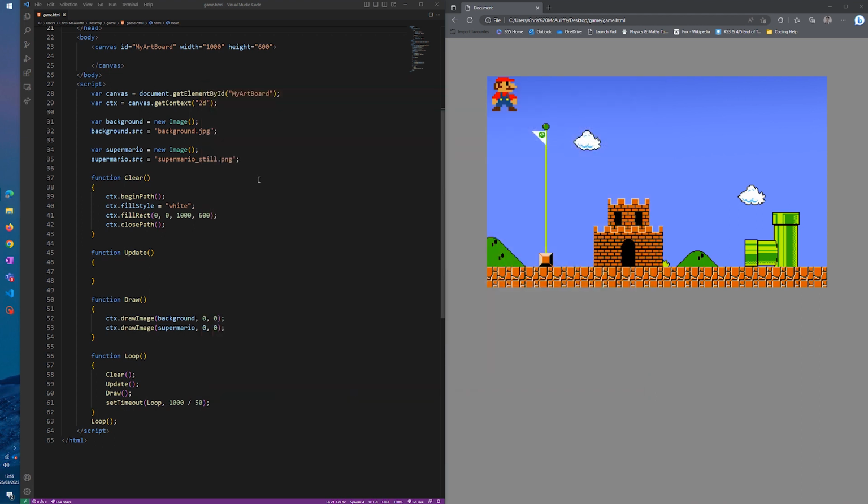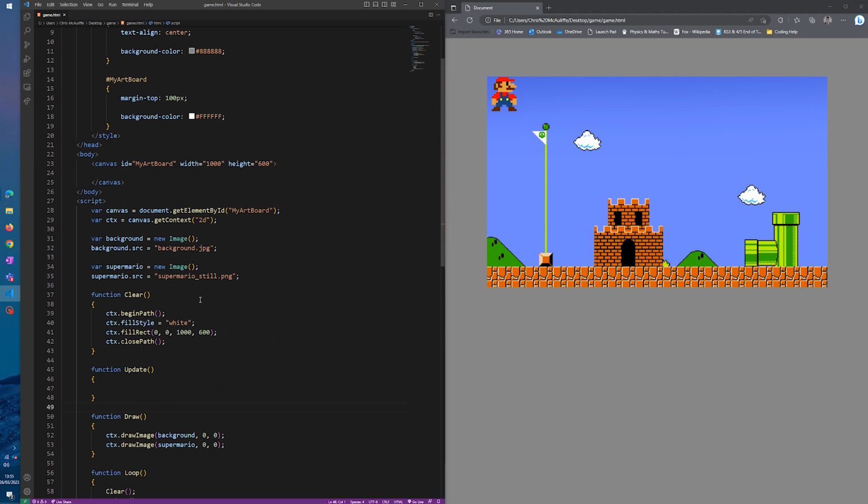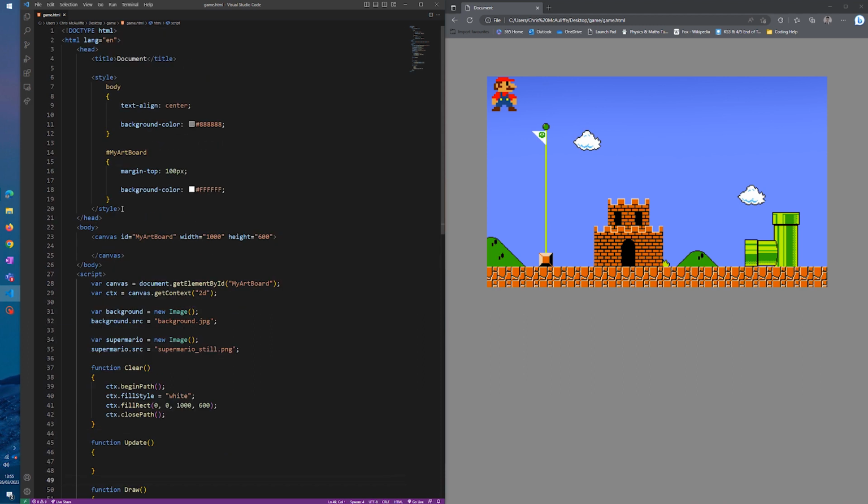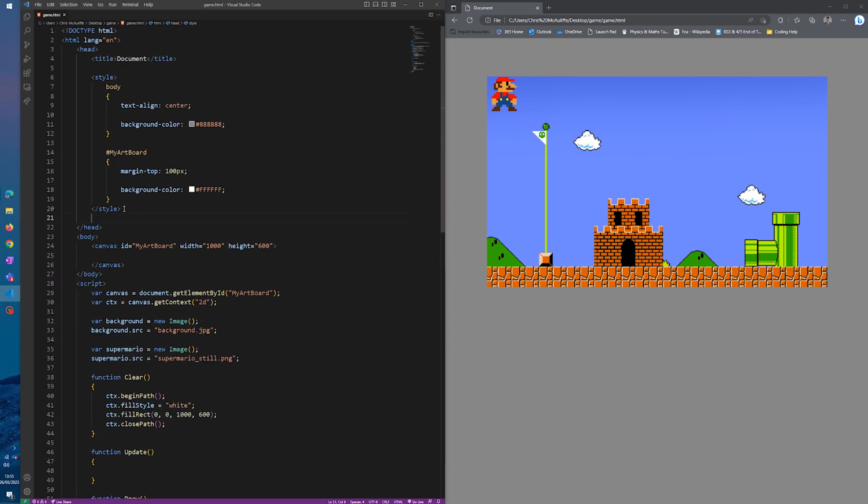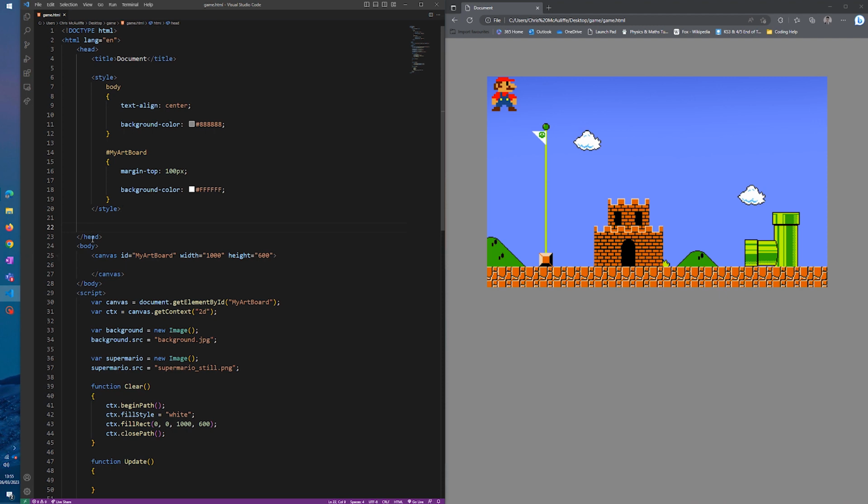Before we can use it, we need to link that JS file into my program. To link another file, we're going to do it up here underneath the style tag, but still within the head tag. To link it, we will use a script tag, but instead of writing code in the middle, we're going to add an attribute to our script tag. The attribute we're going to add is source, src. The source is the name of the game,